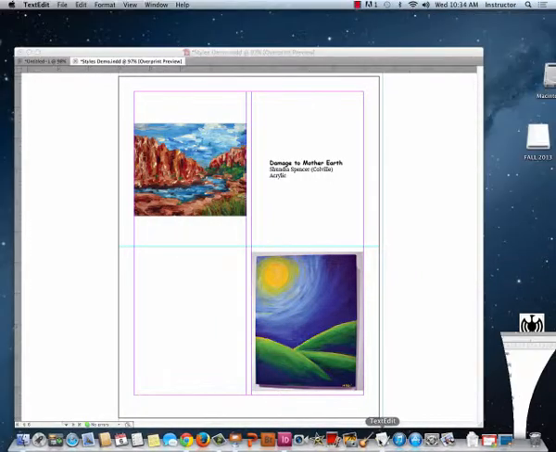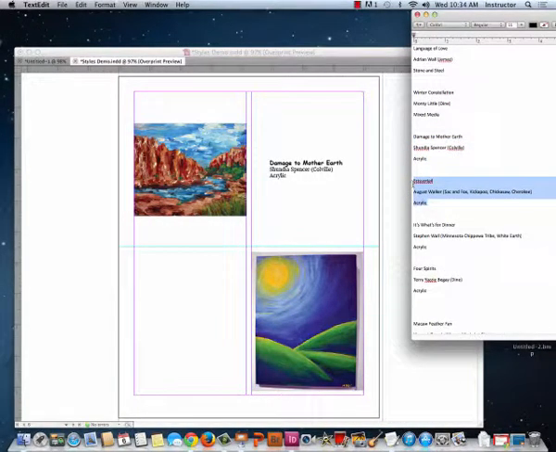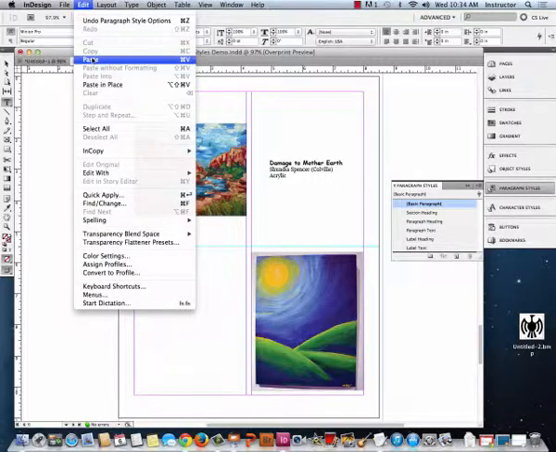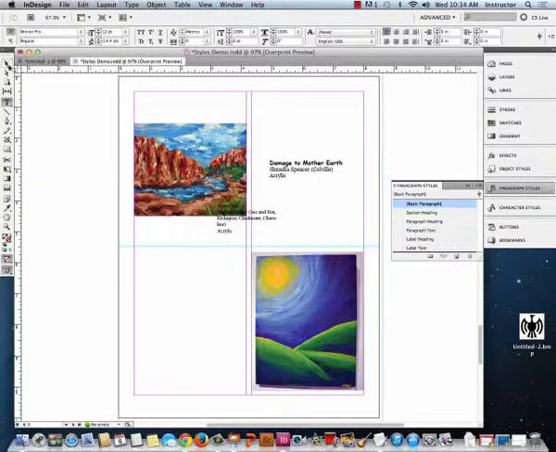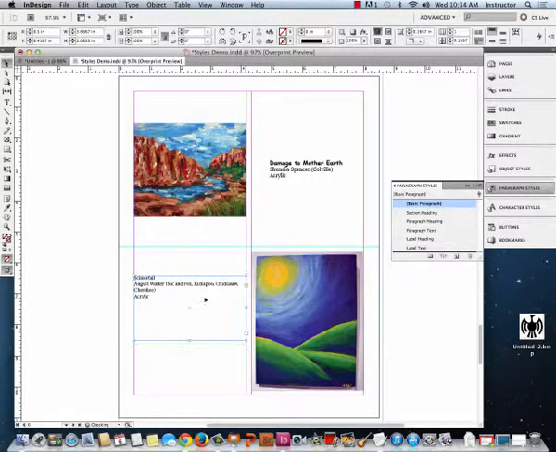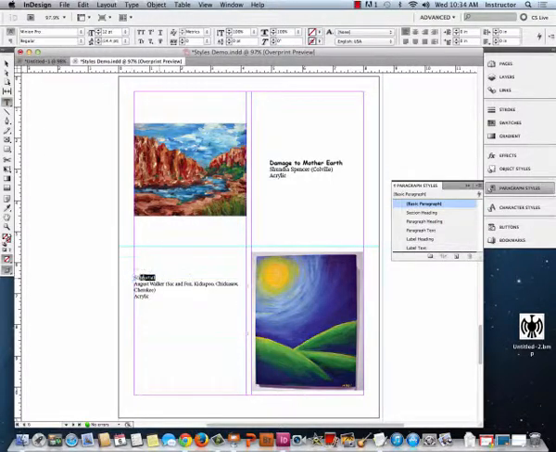So if I dump in another label, I'll just dump in scissor tail. It's going to be label heading, label text,